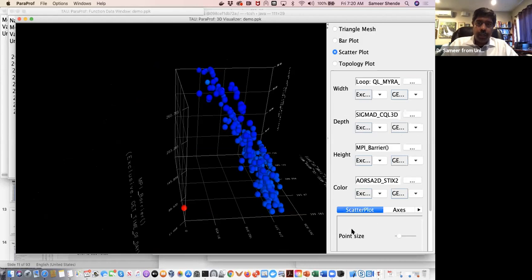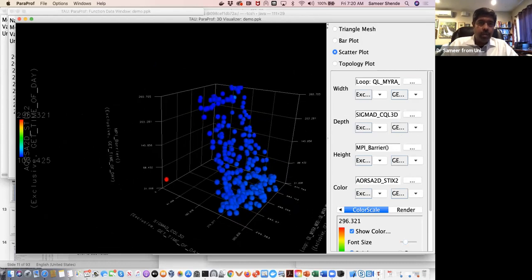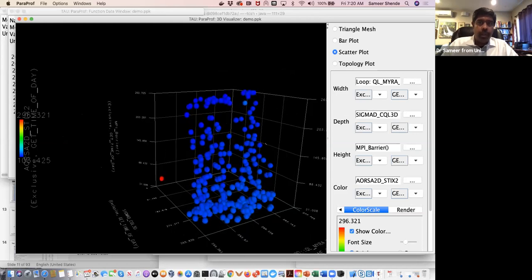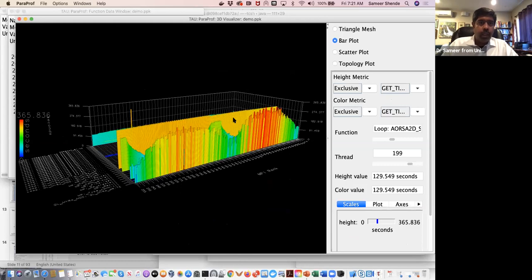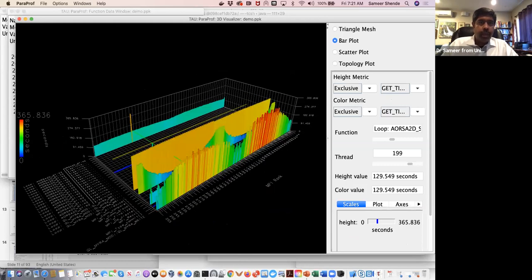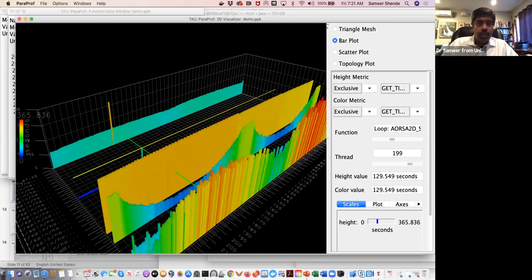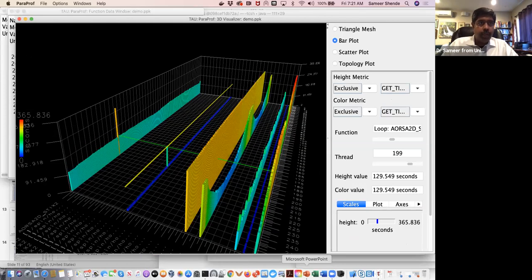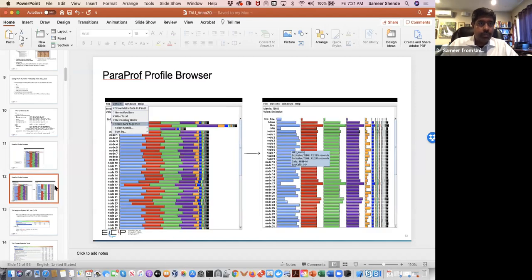So you can dive deep into your code and then see exactly what each rank was doing in your application. So this is a very powerful visualizer. It's all written in Java with OpenGL, and it works across multiple systems. So with this background, let me just jump right back into my slides. I may not have time to cover all the slides, but you can